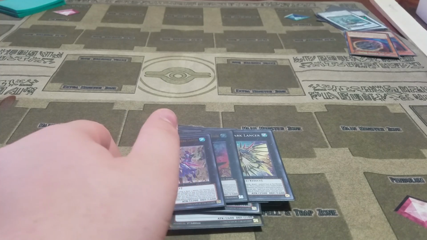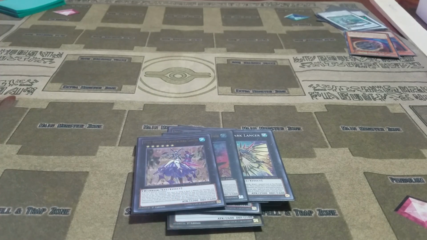Or you can just not even do that and just summon it using a rank 5 that has 2 materials and have a 3,700 attack monster and play for no apparent reason. But it also has the effect of if it would be destroyed, you can detach all its materials instead. And